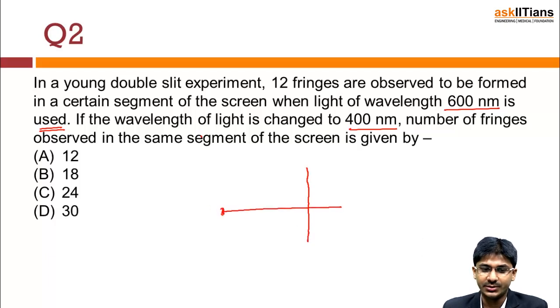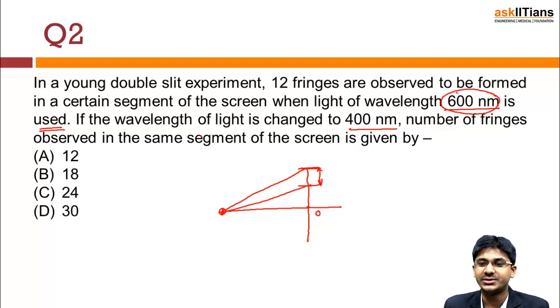This is the origin. From here the light is being thrown. Sources are there like this. Suppose we consider this portion, this segment of the screen. Now this is the origin. It is given to you that in this YDSE, in this region 12 fringes are formed when you use light of wavelength 600 nanometer. Okay. Now for 600 nanometer,